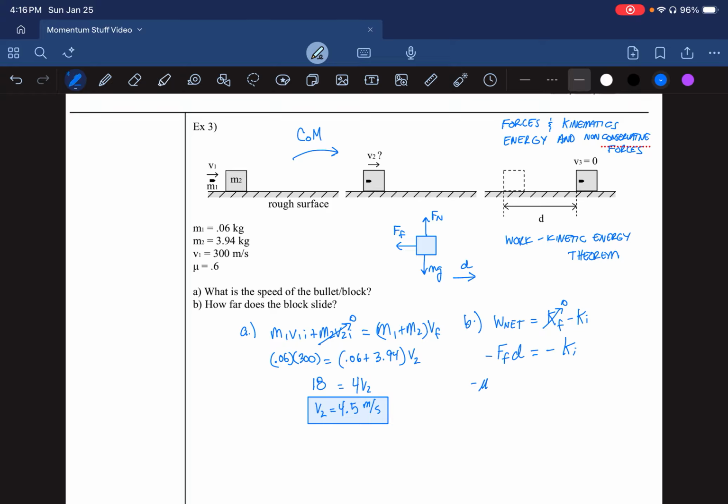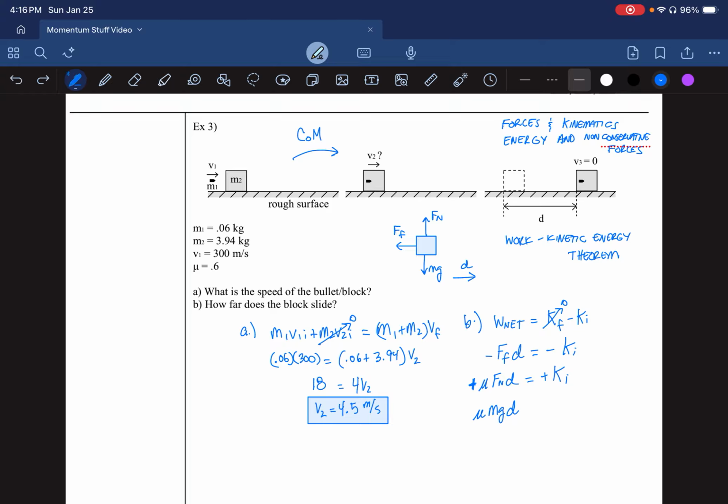We'll use mu since they don't have mu K here, it's just mu. Mu K Fn. So I'll write that for a moment. D equals negative Ki. Oh, we can drop the negatives. Divide both sides by negative 1 or multiply. And we'll say mu times mg d equals,